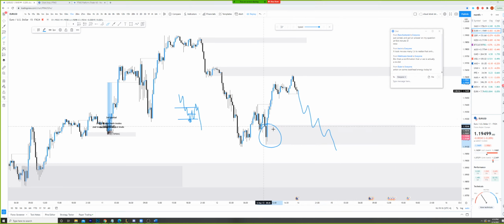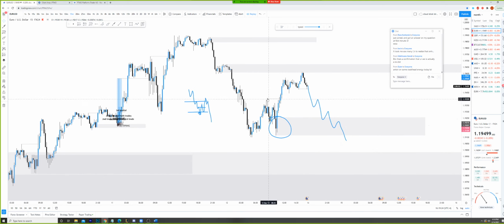If any of you have this area of interest right now, guess what? You are perfectly correct. This is a beautiful demand zone with a beautiful break of structure higher, with a beautiful mentfx block that was left from this high to this low. But at the same time, we're starting to put in that same time frame's higher highs. So when we break this right here, we're already putting in bearish structure. Now, just because we're putting in bearish structure on this specific time frame does not mean that we are going to remain bearish all the way down here, right? It just means that we might be bearish into this higher time frame area here.